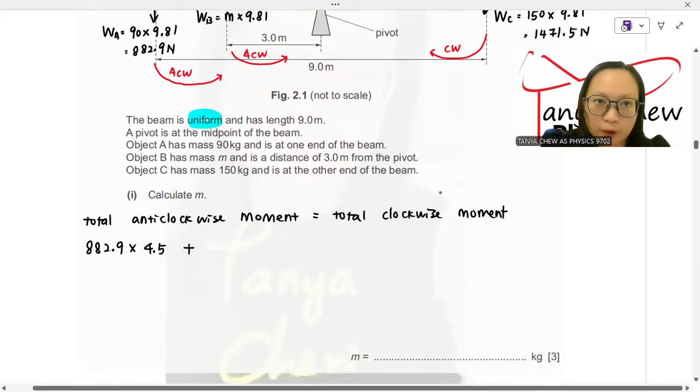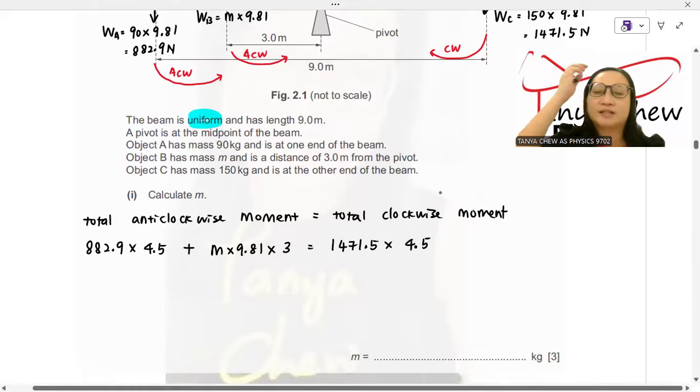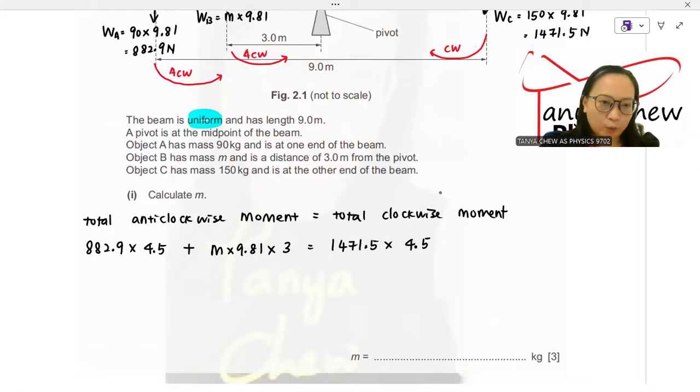Plus the weight of B, m times 9.81, times the perpendicular distance from the pivot, which is 3. And then the clockwise moment produced by the weight of C, 1,471.5 times 4.5. Why again 4.5? Because C is placed at the other end. Now, work it out. 82.9 times 4.5. My answer is